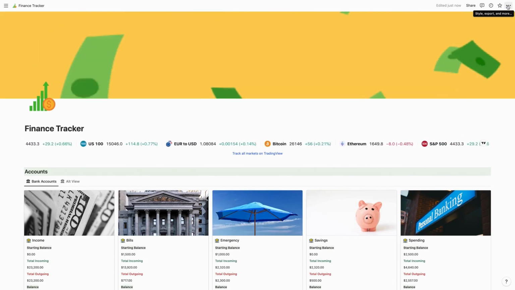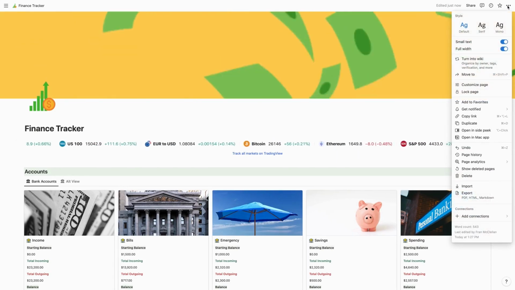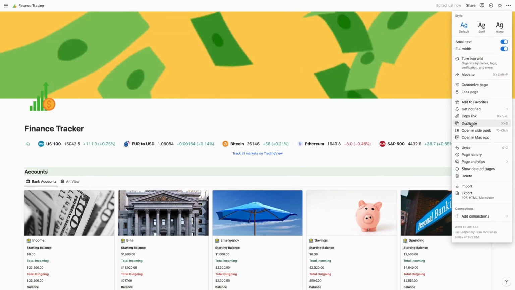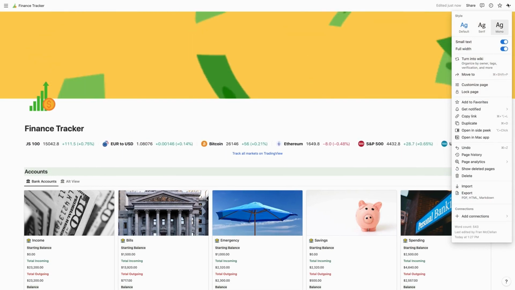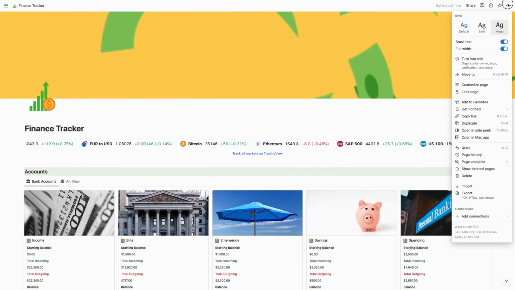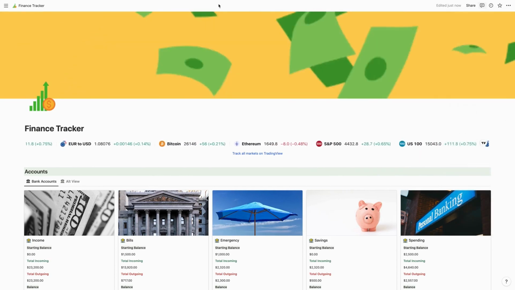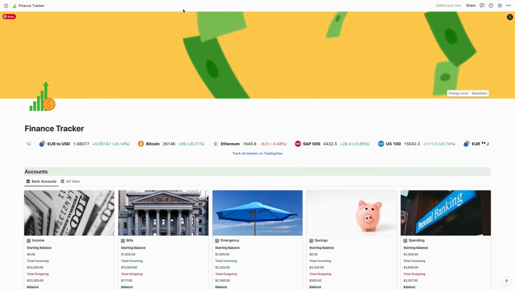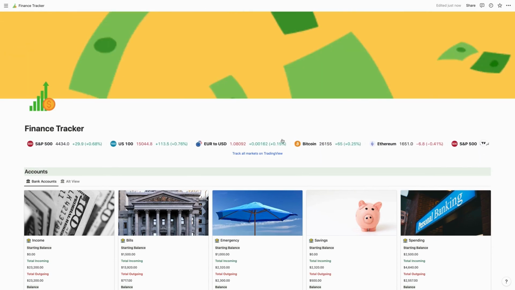It's optional, but I like to have a backup copy, so I usually duplicate it again into my workspace. So I'll have 2 copies. You can do that here in the upper right-hand corner, or you can go to the sidebar and do that. From here, you can start customizing.